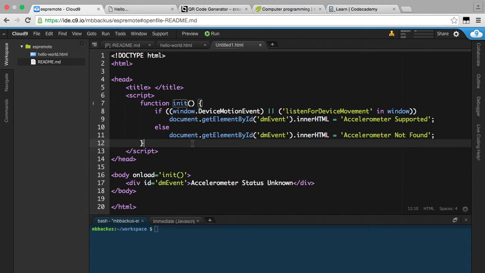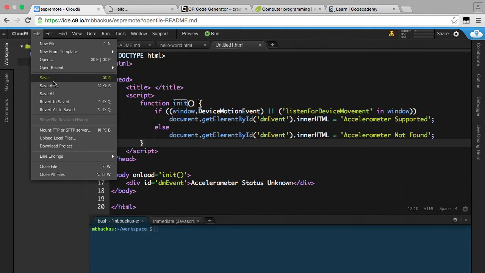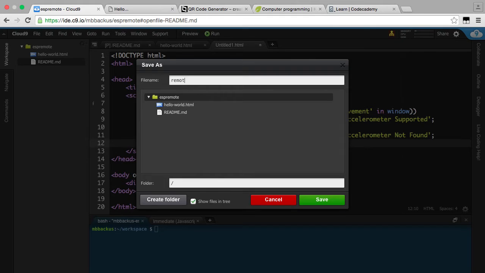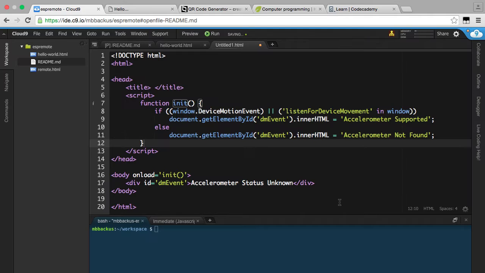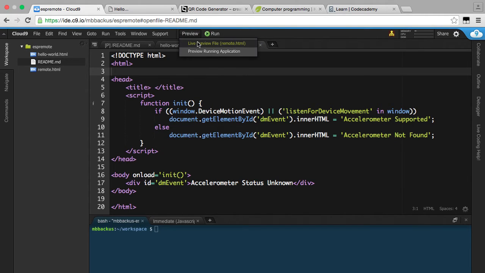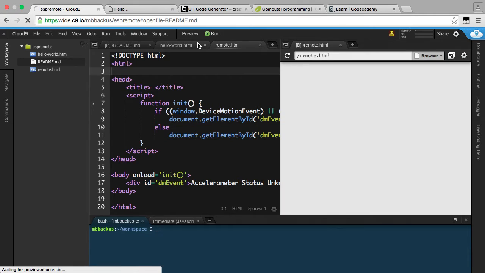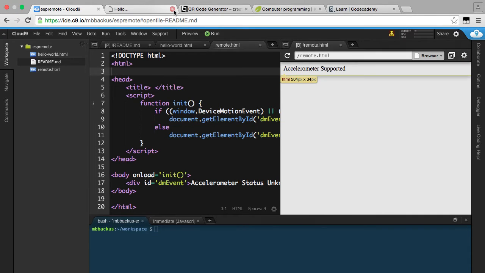Now, before we do anything else, let's go ahead and save our page as remote.html. And now let's test it out. And here you can see it says accelerometer supported. I'm going to close all these tabs that we have open up here and open this one in a new tab